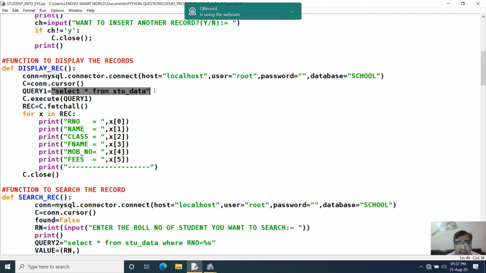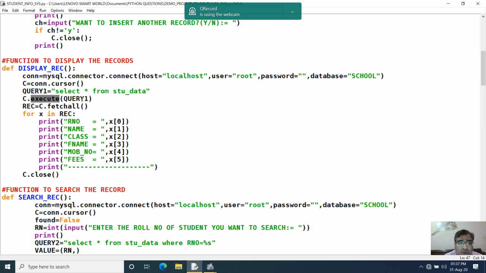I assign the query to a variable and pass this variable as a parameter in the execute function. Now a complete result set has been returned by MySQL, but I want to access the records one by one. It is up to the user how he wants to access the records from the result set returned by MySQL.